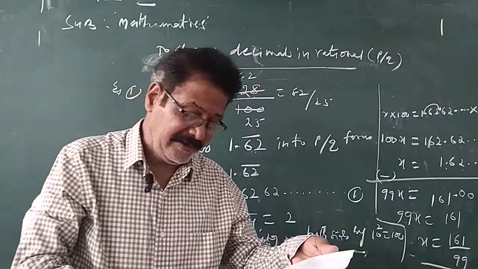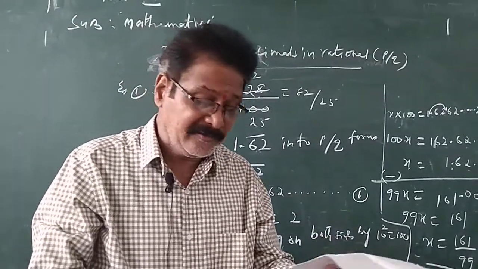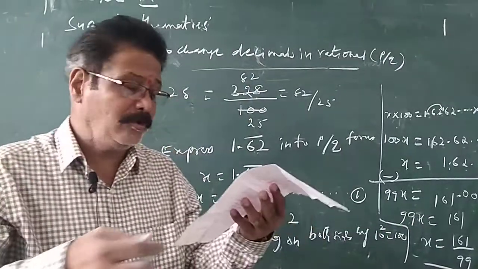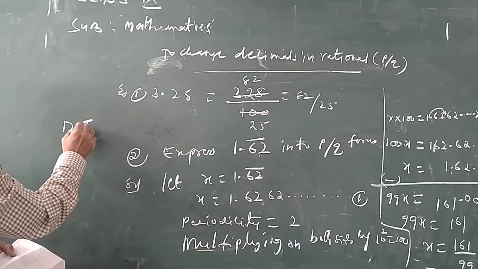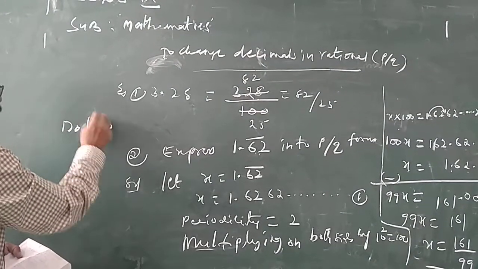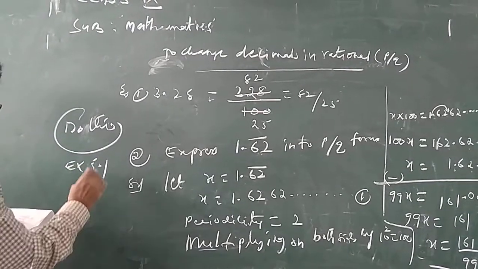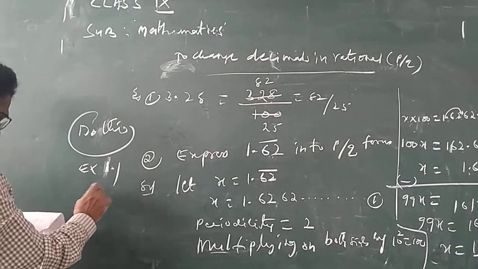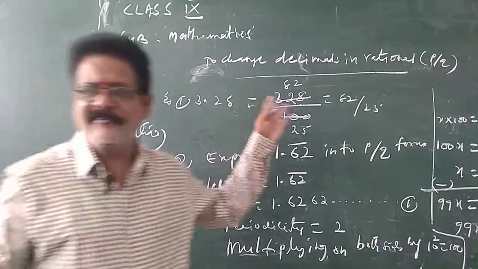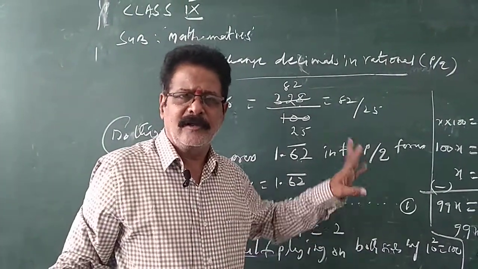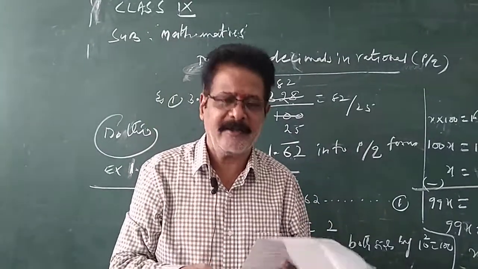This much only. We will discuss the next topic in the next class tomorrow. I will give the homework problems. Children, you have to do them in the 9th class textbook. Do these problems, this is the assignment. You have to complete exercise 1.1 of the first chapter, Real Numbers. You can do exercise 1.1 with whatever concepts I taught so far. In the next class we will discuss another topic. Okay, thank you.